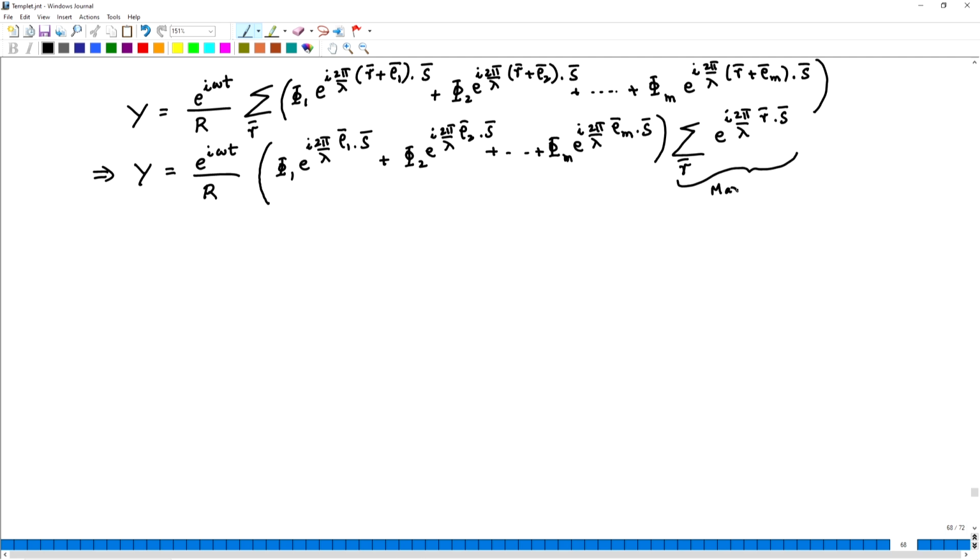Now, this is a term which we are very familiar with, and we know that this goes to a maxima when the Laue conditions are satisfied: S dot A equals h lambda, S dot B equals k lambda, S dot C equals l lambda. So, we will analyze this function only when the Laue conditions are satisfied, because there is no point analyzing this when they are not satisfied. When the Laue conditions are not satisfied, the intensity of the scattered beam would be 0.